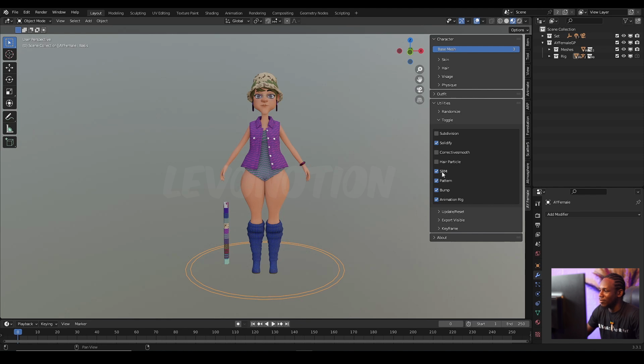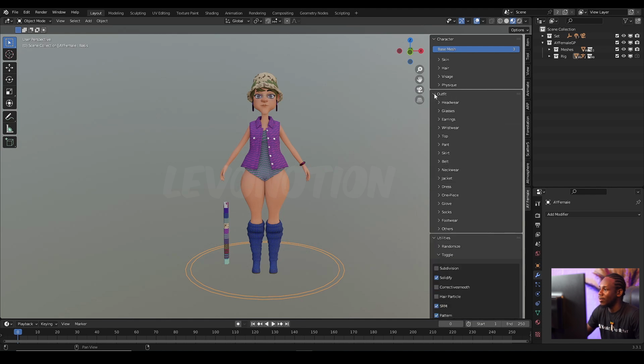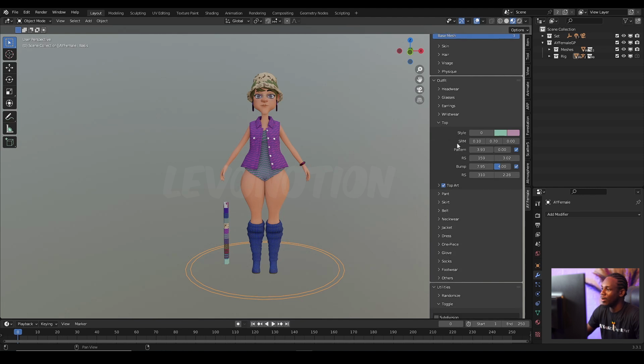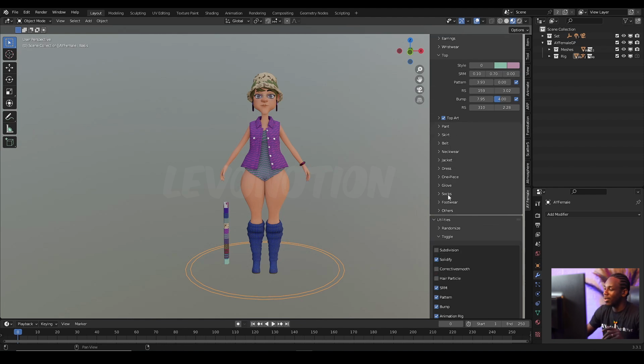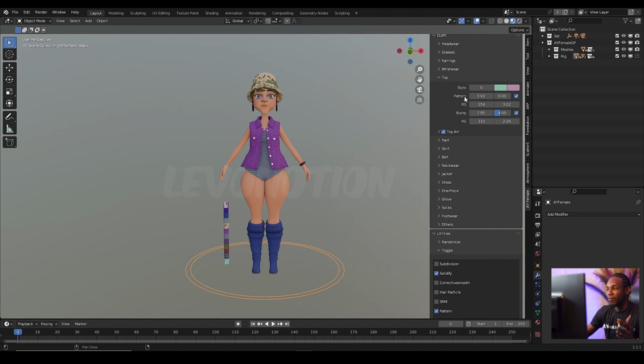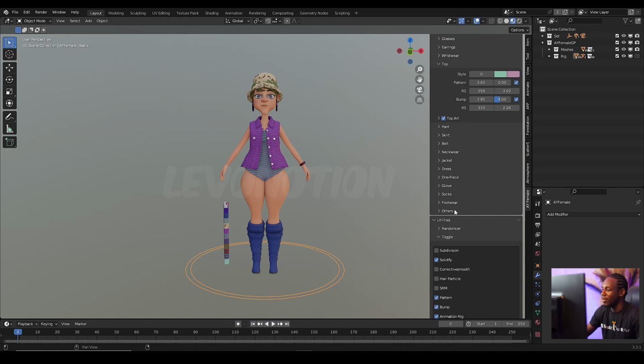Now the next option I have here is the SRM, that stands for the specularity, roughness, and metallic. And these can be seen by checking out the other panel here. So I'm just going to go to the top and show you. So we have SRM here where you can change the specularity, roughness, and metallic of a particular material. So if you don't need that in your character, you can easily turn the SRM off. And when you do this, it takes out the option from this panel here, right?